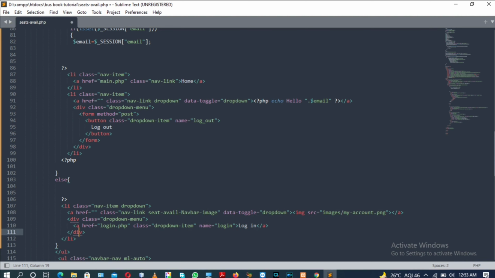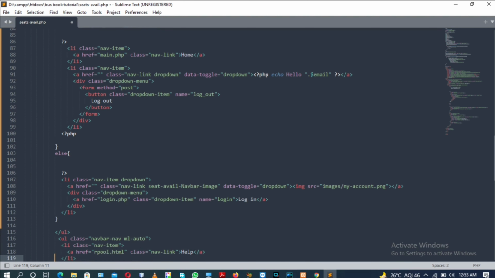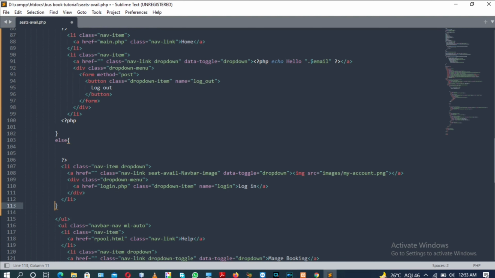Now this div tag will be closed and the li tag will also be closed, and now the closing curly bracket of the PHP if else statement. This is the closing of the else statement.